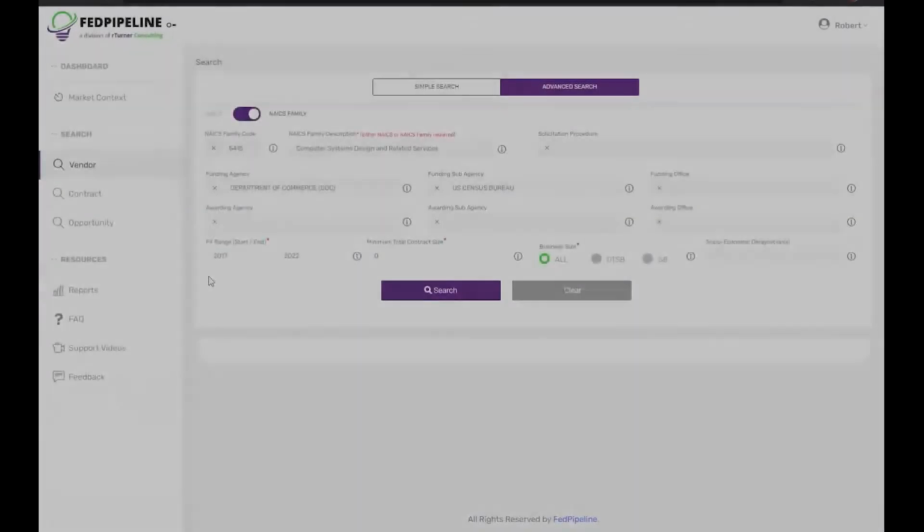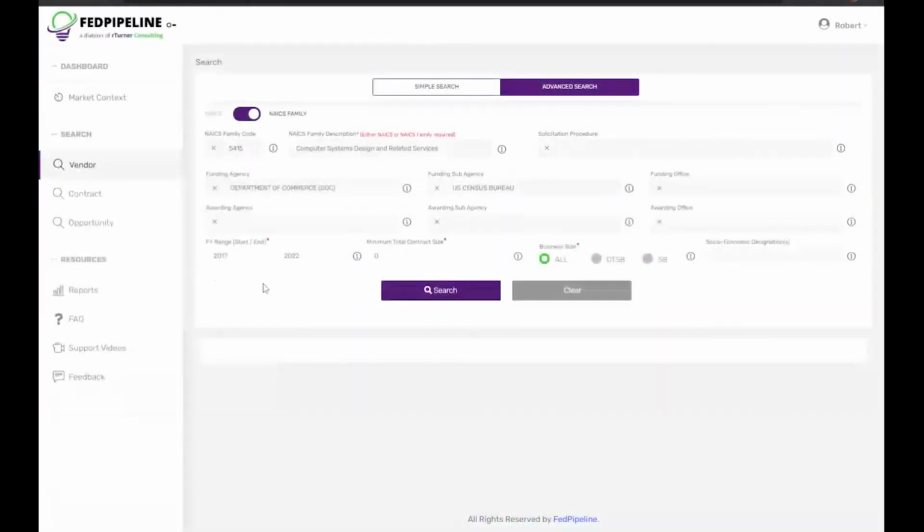One of our most exciting features is the ability to find vendors by agency and contract type. In this illustration, we're going to be in the Commerce Department again and the U.S. Census Bureau. We're going to look for vendors with contracts between 2017 and 2022 with a minimum contract value of